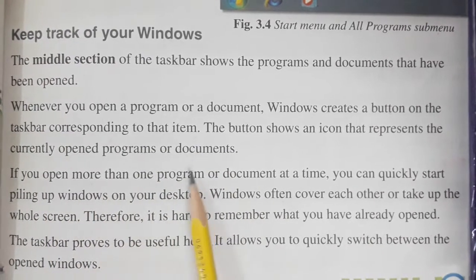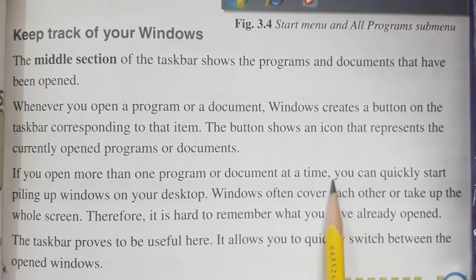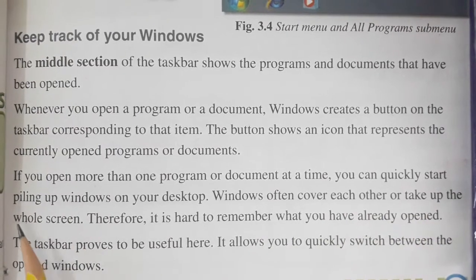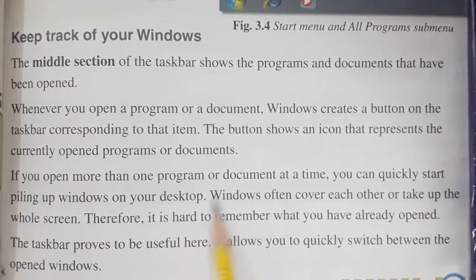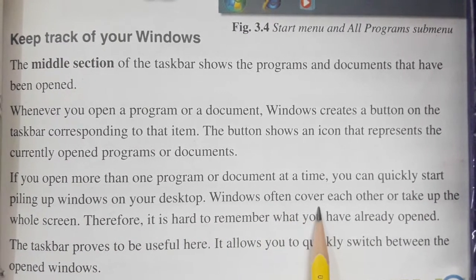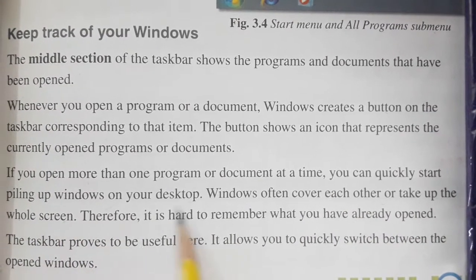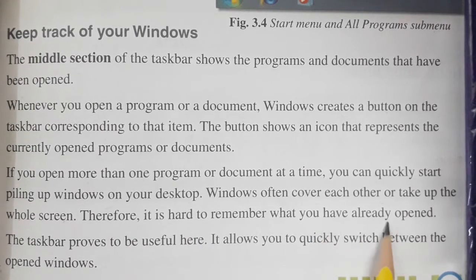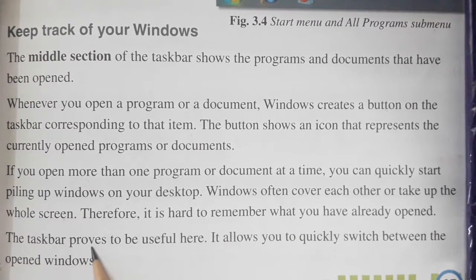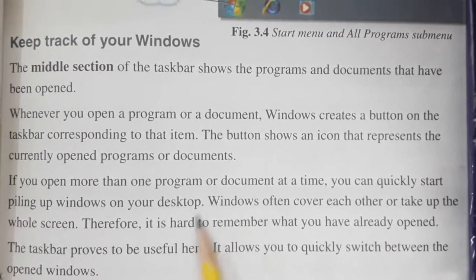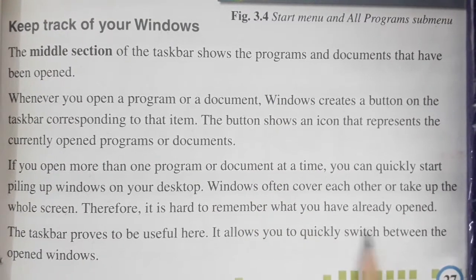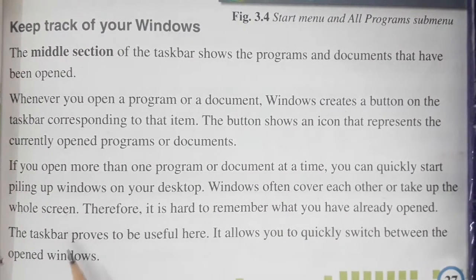If you open more than one program or document at a time, you can quickly end up with many windows on your desktop. Windows often overlap each other or take up the whole screen. Therefore, it is hard to remember what you have already opened. The taskbar proves to be useful here. It allows you to quickly switch between the opened windows.